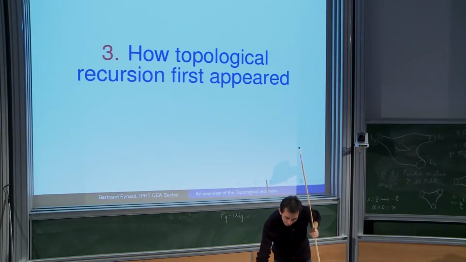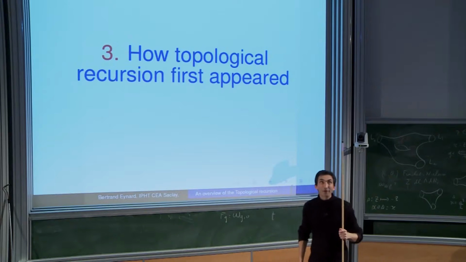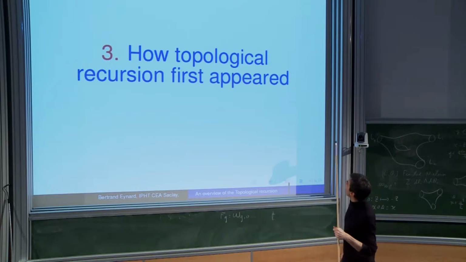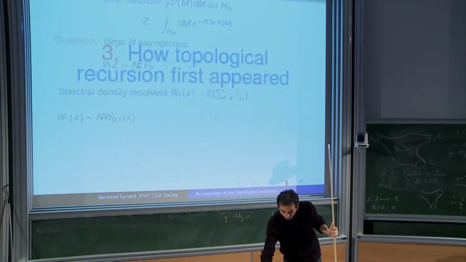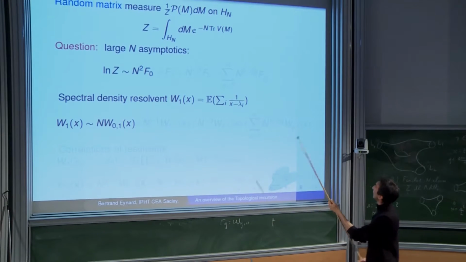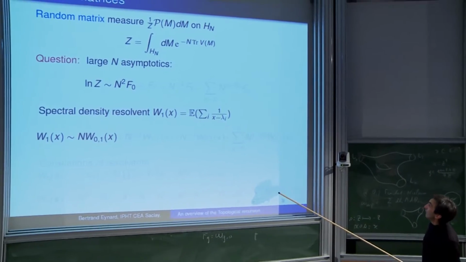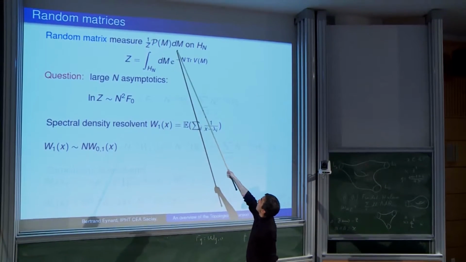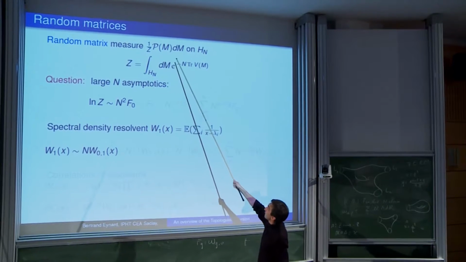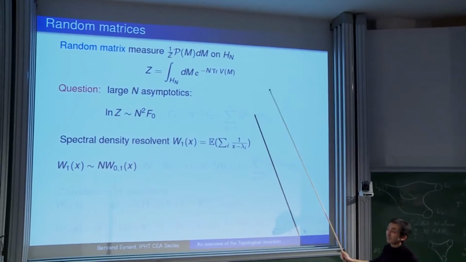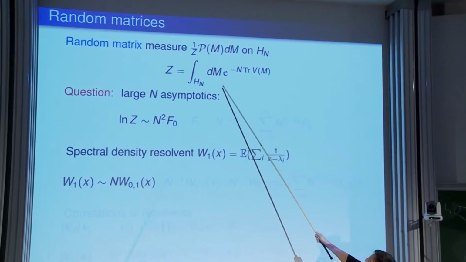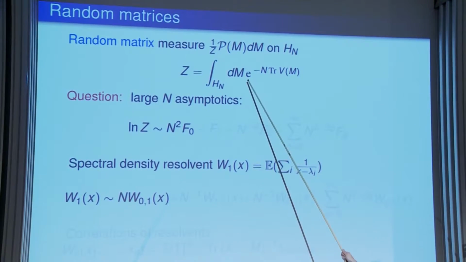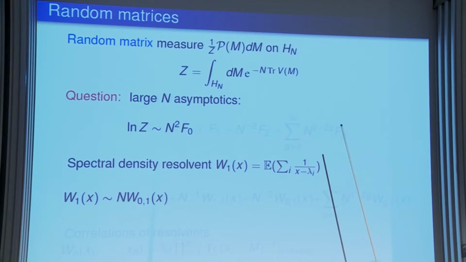Okay. So just a few words of how all this initially was defined. It's about matrix models. Initially in matrix models, what people were interested in, so in random matrices, what you have is a measure on a set of matrices, typically Hermitian matrices. And let's say the measure is typically dM, the Lebesgue measure of all components, exponential of trace of some polynomial of M. So this is a typical example, not the most general, but this is an example.